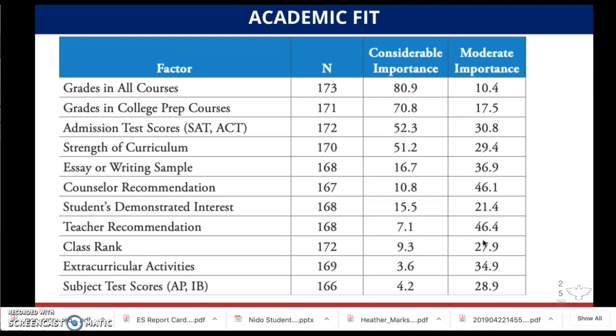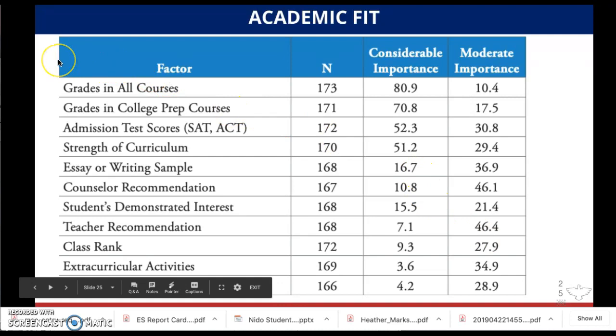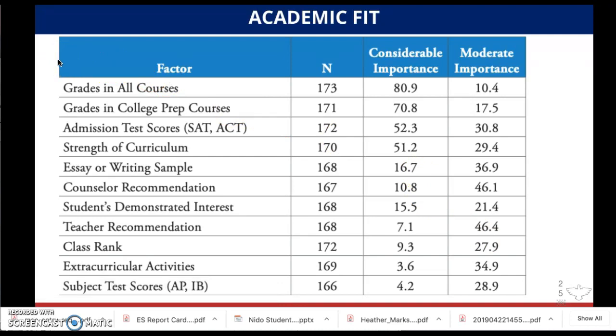And then they layer on a whole bunch of other things. You can see here, this is a grid from a survey that is done every year by our professional organization of counseling and admissions about what matters in the U.S. process. You can see that academic components are always at the top. Grades, college prep courses, i.e. course curriculum, and rigor down here, number 4, test scores, etc., all have considerable and moderate importance in the admissions